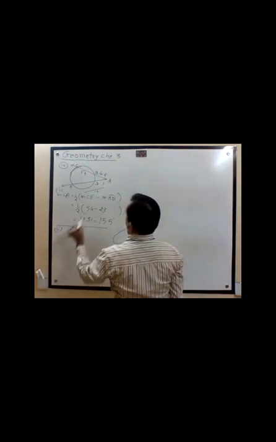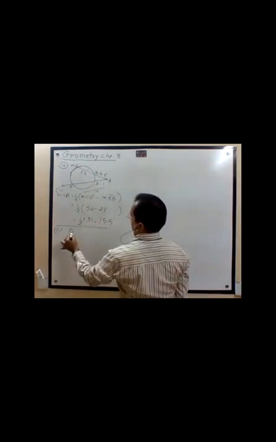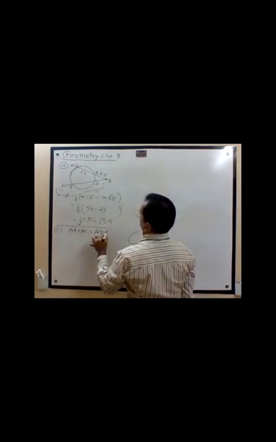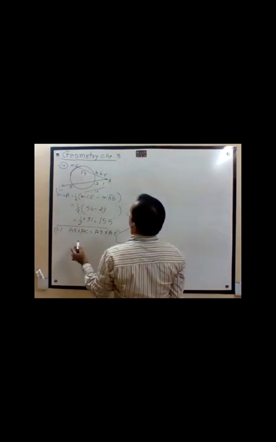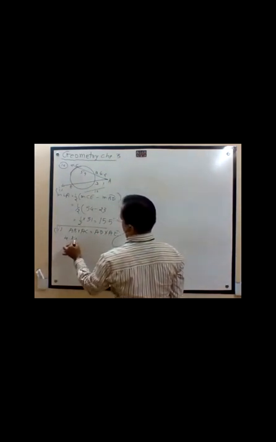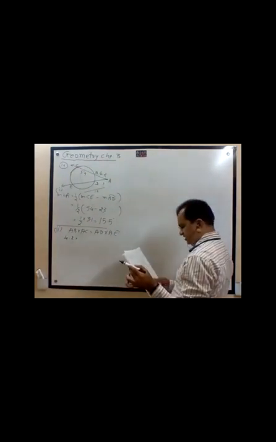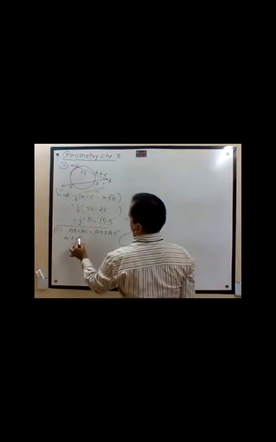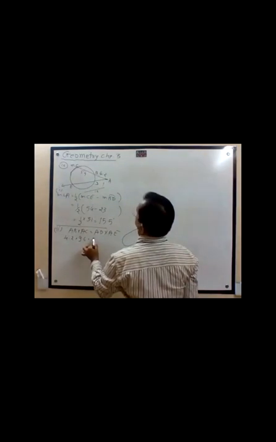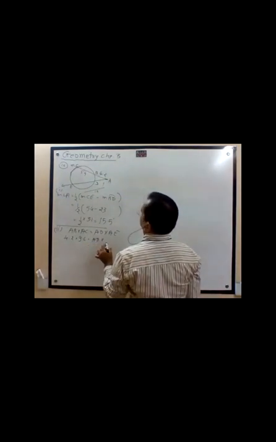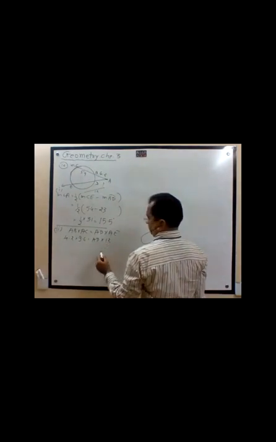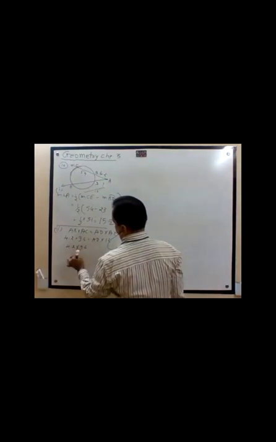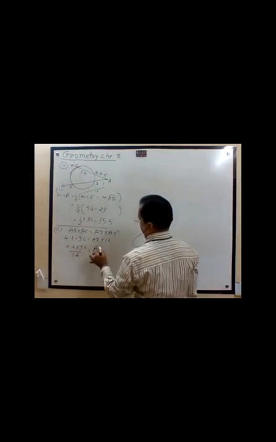Our formula is from the intersection: AB into AC equals AD into AE. AB is given 4.2. AC full, because BC is given, no? So total 9.6. AD we have to find out. AE is given 12. So 4.2, 9.6, 12, AD.